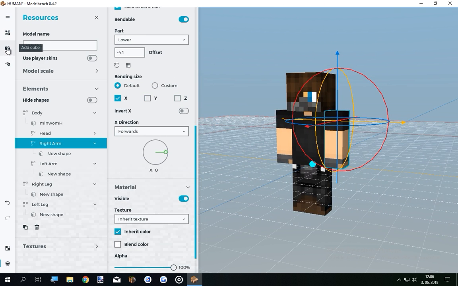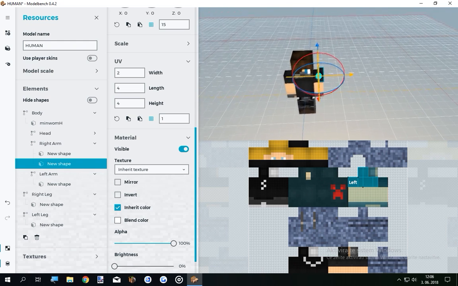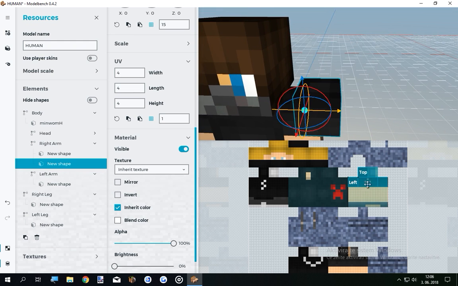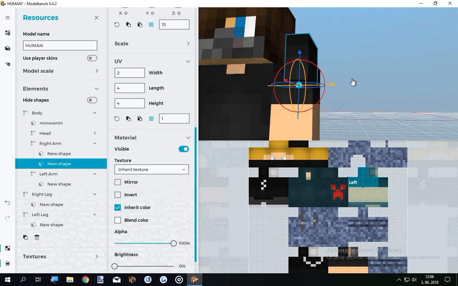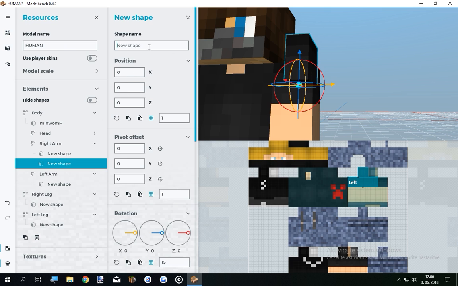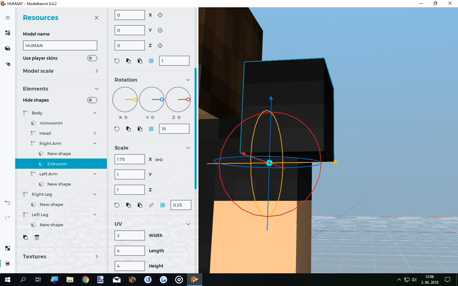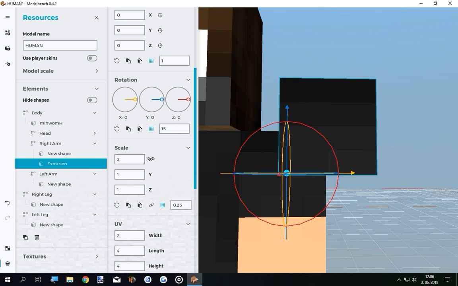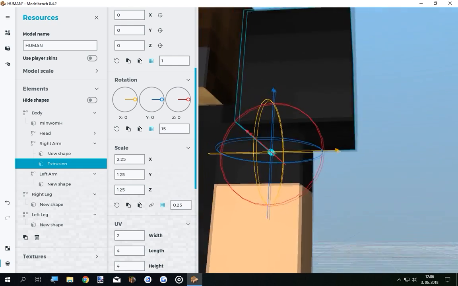I'm gonna add a new cube to the right arm. Select the cube to only be the face of the arm. This doesn't seem right. I should do this, but now the bottom is messed up, so let's try to do this and scale it later. So I'm gonna name the shape extrusion so I can organize myself better. Okay, I'm gonna try to scale the extrusion to have a Y of 2, basically have everything 0.25 bigger